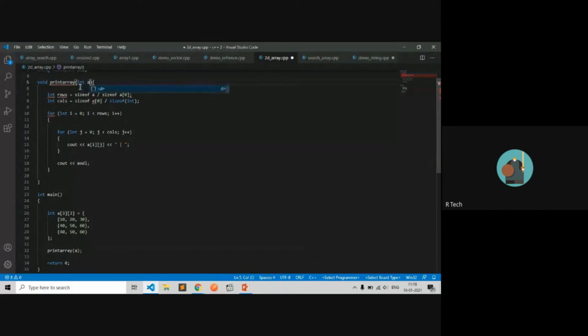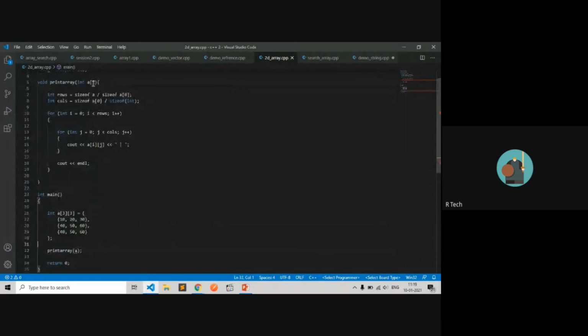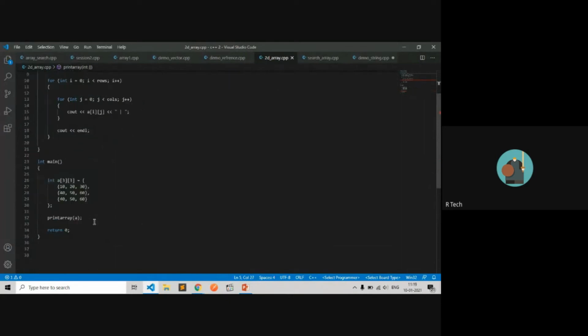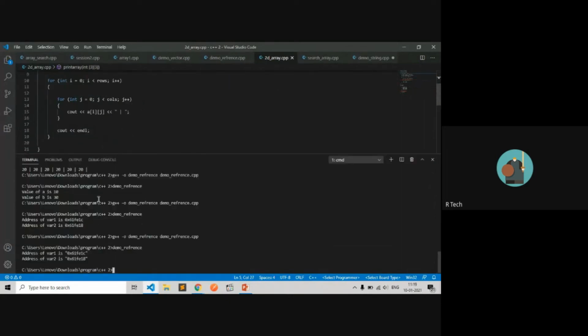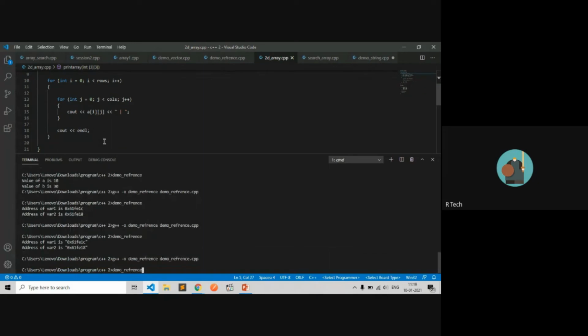What is the variable? A, an array. You have to specify the type. Check, is it working? No. Sorry, not by value, but by reference to the array.